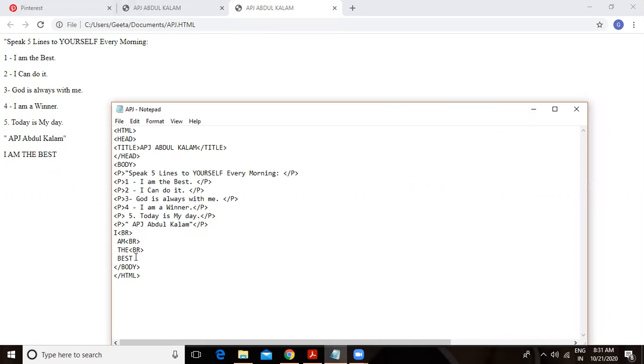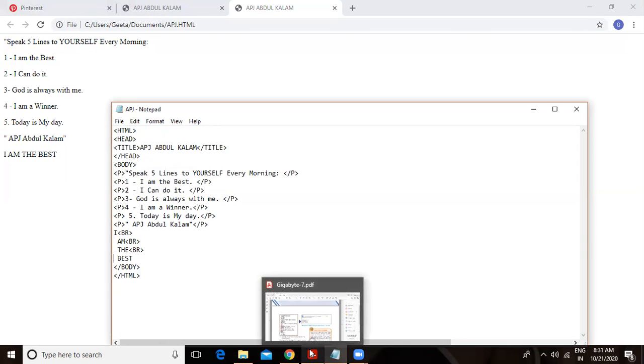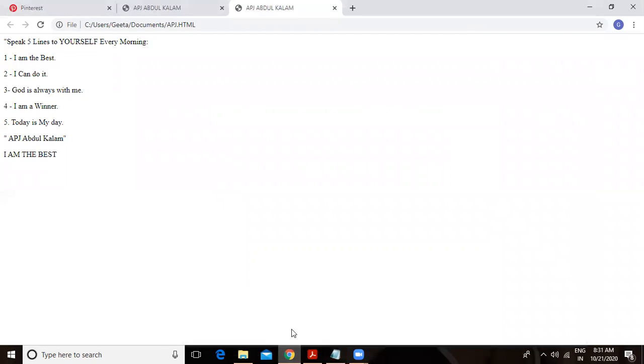I don't want to type anything after best, so I am just leaving it like that only. I will save it, and then I will just once again open this and refresh with the help of F5. So here is F5. Here you can see now I am the best. It is appearing on the new line. Line break. BR is line break tag.